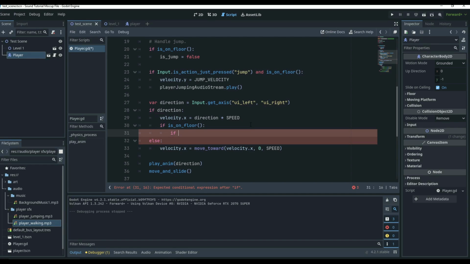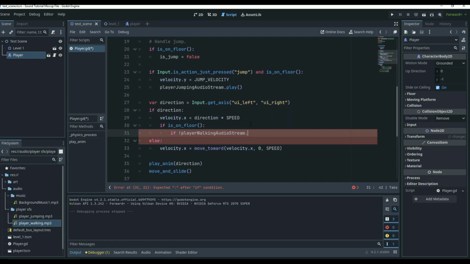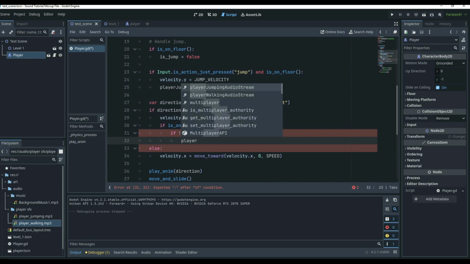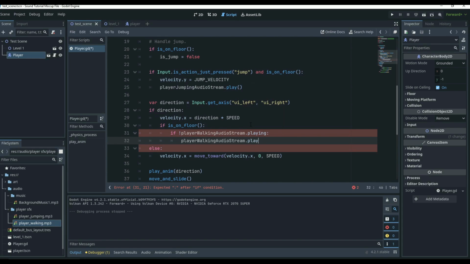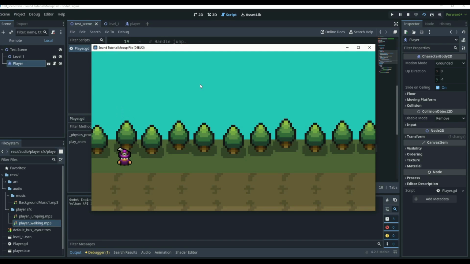So we can say if is on floor, then we can say if not player audio stream walking dot playing. So if it's not already playing, then we want player walking audio stream dot play. Then we want to start it, right? And what this is going to do is it's not going to keep restarting it over and over and over, because for example, if we did not have this, I'll show you. So if we take this away and we go over here and we say if is on floor, then what's going to happen? Well, if we click play,